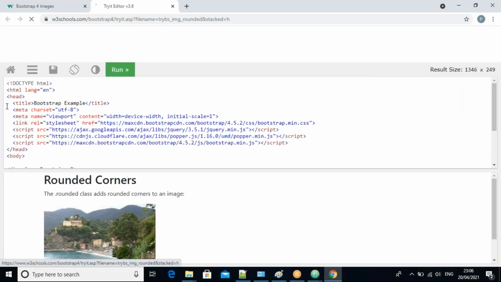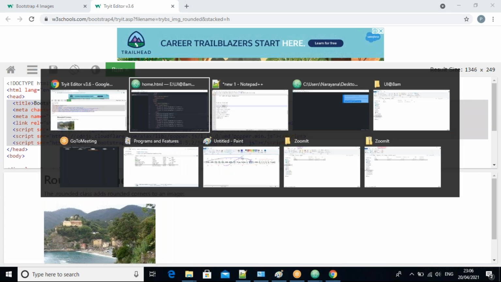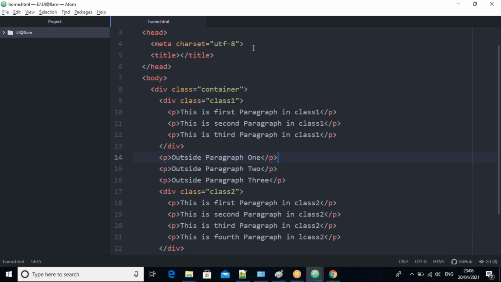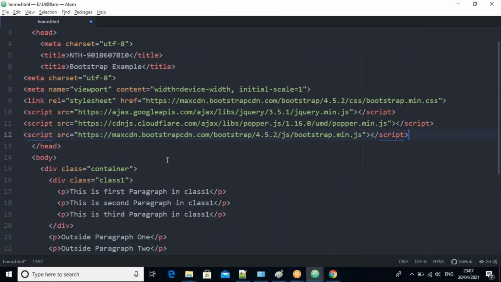You can get the bootstrap lines from the official website, getbootstrap.com. We can take them from here, and I'm taking some title. We save this one. After the title, I am going to paste those bootstrap lines.